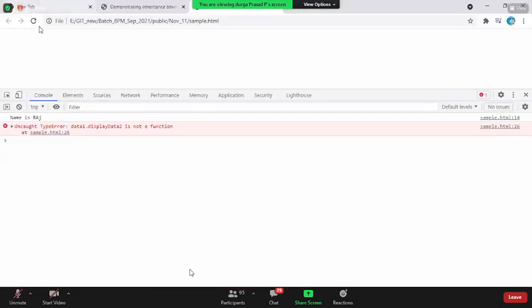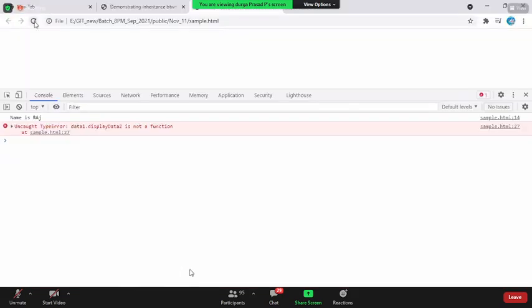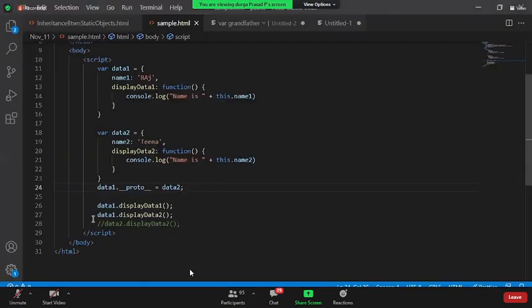Now if you reload the page, it should still throw an error. Why so? Here it should be data1 dot proto is equal to data2. Data1 is the child and data2 is the parent. Now if you come back and reload the page, I'm getting the details. Super fine. In the same way, now I would like to say data2.